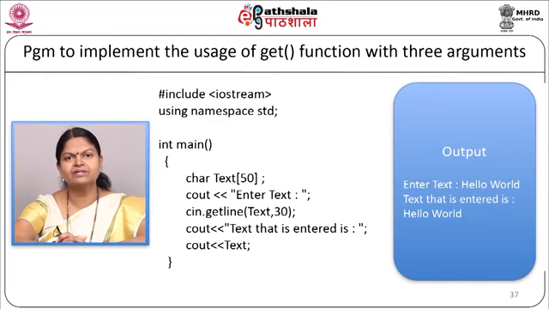Now the input will be taken using the getline function as cin.getline(text, 30). Now we will display the message to the user as cout << "The entered text is" << text; return 0, and our program will end. Now when the above program is compiled and executed, it will produce the result as "Enter the text". Suppose the text entered by the user is hello world, then it will display the output as "The entered text is hello world".